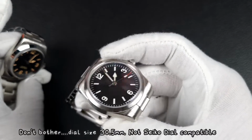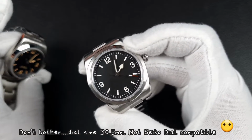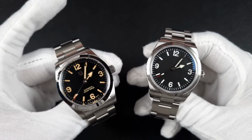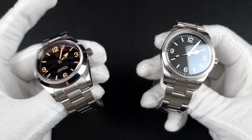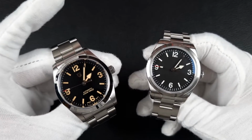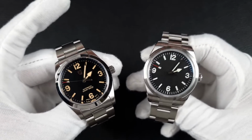That's because I ordered a sterile version because I have other plans for this watch. So after this comparison, I'll be looking to modify this with a nice dial and hand combo that I've got in mind. Now, with that being said, the premise of today's comparison is to battle these two watches out, make them go head to head on every element of the watch, from the dial to the case, bracelet, and every